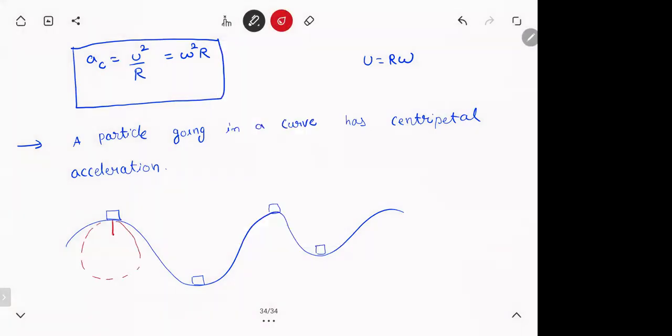We will see this later on. The acceleration will be towards the center. Here, the circle is like this, acceleration is towards the center. Here it is like this, acceleration is towards the center. If you go on a curved path like this, which is what happens on that nitro car ride also, the acceleration is continuously changing direction, up and down. So when you're going on this, what you're experiencing is this acceleration only.